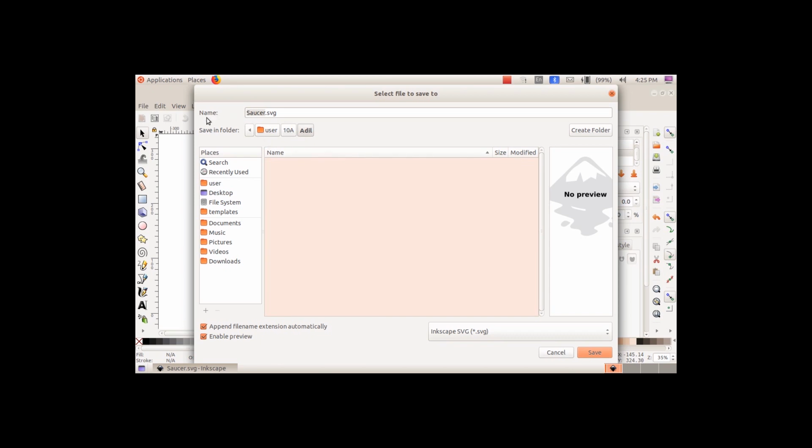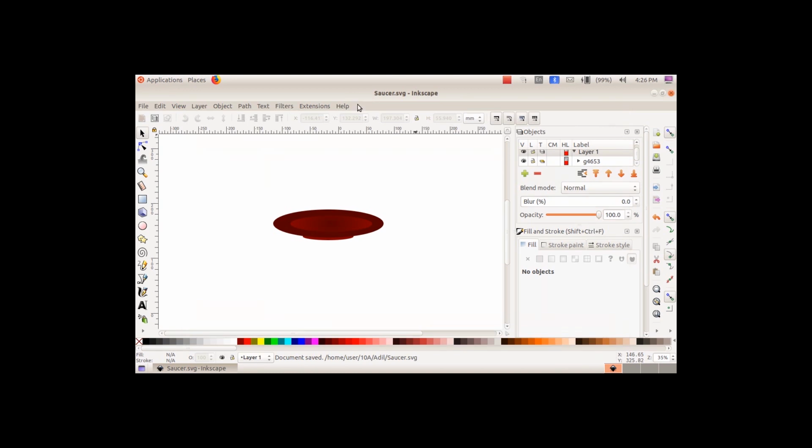Then the name can be given here, saucer.svg. SVG is the format of the image that is made in Inkscape software. So click on Save. So the image is saved in the name of saucer.